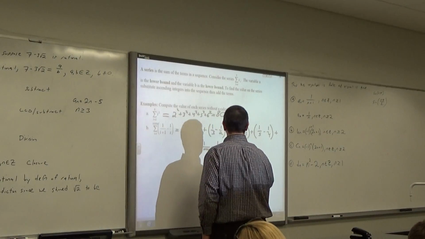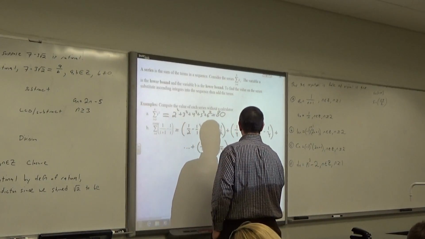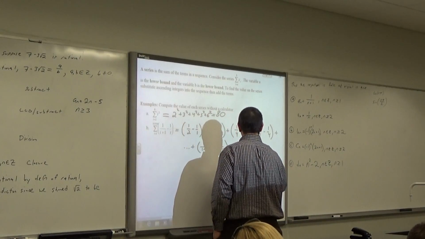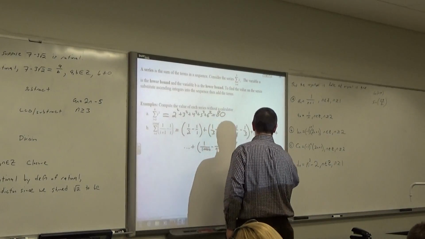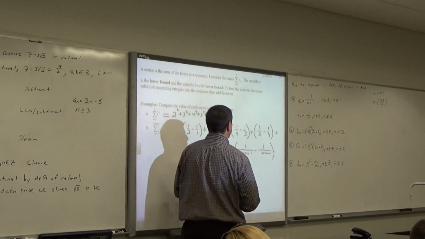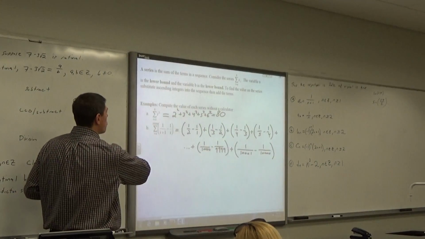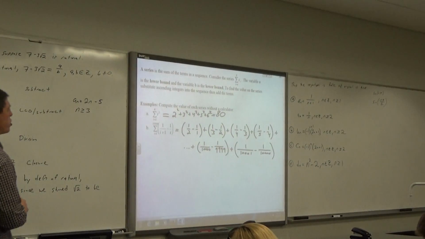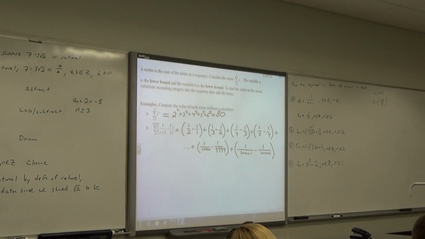And then finally plus 1 over 10,001 minus 1 over 10,000. So all I did there, guys, was write out the first 4 terms and then the last 2 terms. Let me give you guys a minute to copy that down,